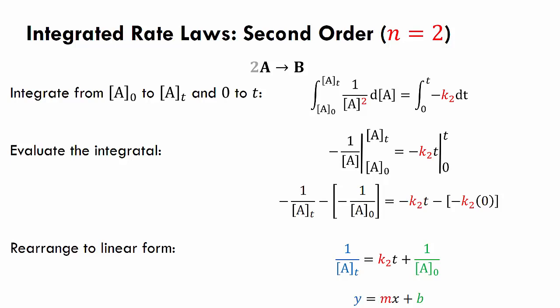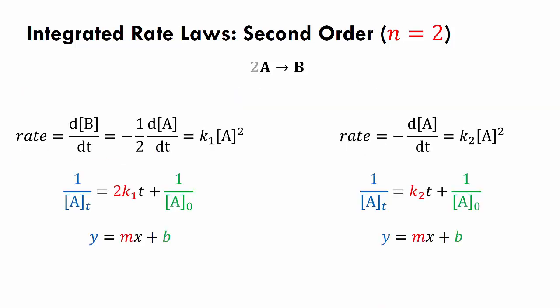Let's compare these two approaches we've taken for second order. On the left, we took the rate to be equal to dB by dt, so the change in concentration of product over time, which is equal to negative 1/2 of dA by dt. We also said the rate was equal to K1 times the concentration of A squared. On the right, we instead took our rate to be negative dA by dt, so focused on the loss of reactants over time, and then our rate constant is defined differently, so this rate is equal to K2 times the